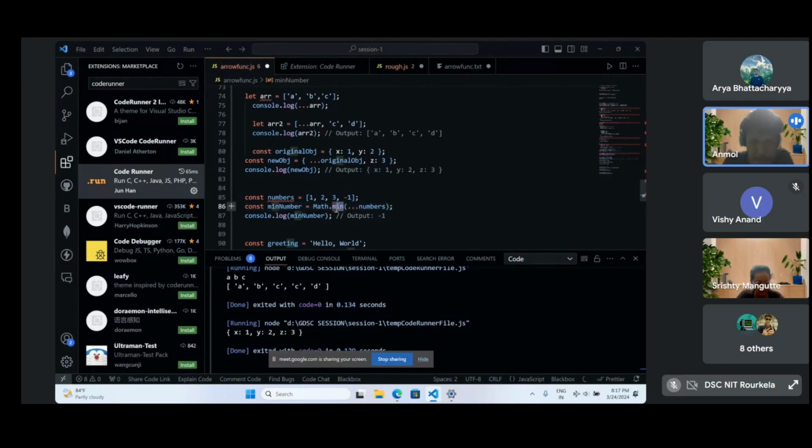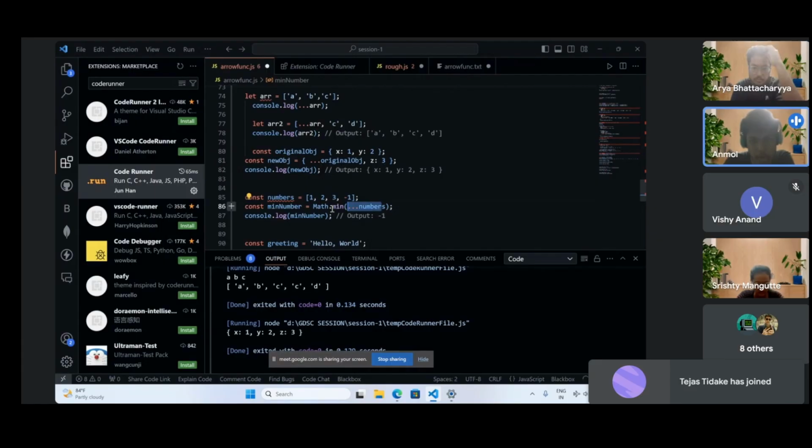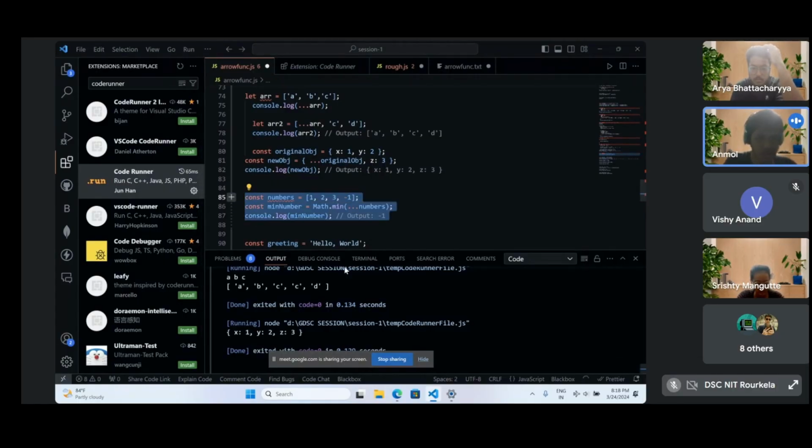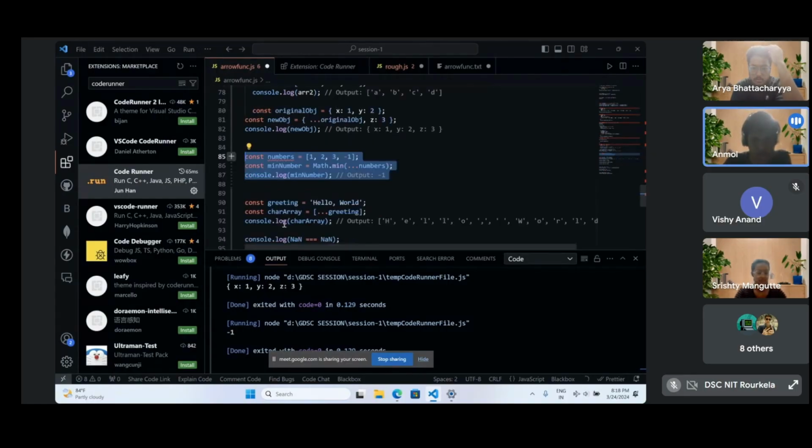We are using the inbuilt function math.min, and inside it we used this number array with the spread operator. By doing so, it finds the minimum of all of these. The minimum is of course -1. So when we console this, we get -1.